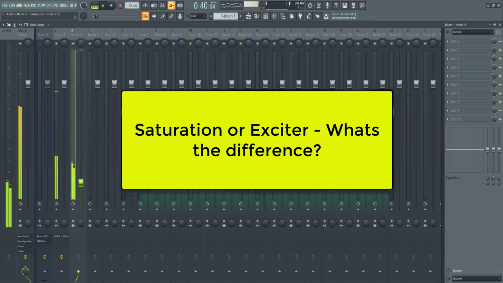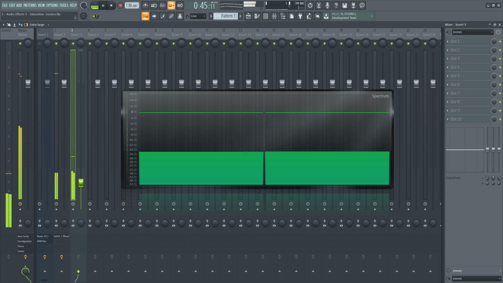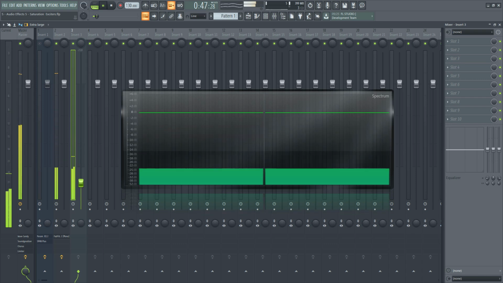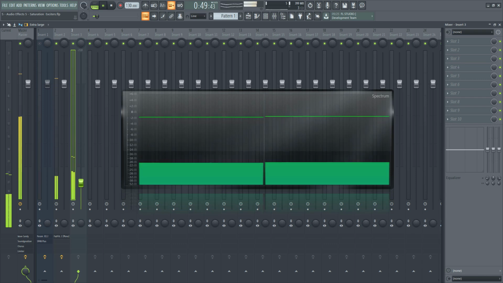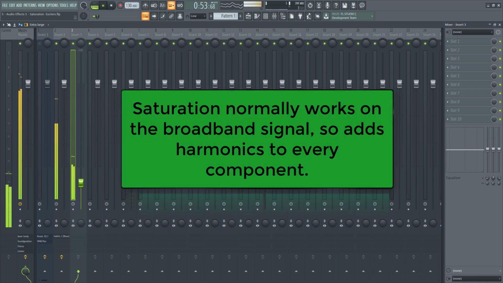Saturation and exciter, what's the difference? Guys, whether saturation or exciter, they both add harmonics. But saturation normally works on the broadband signal, so it adds harmonics to every component.